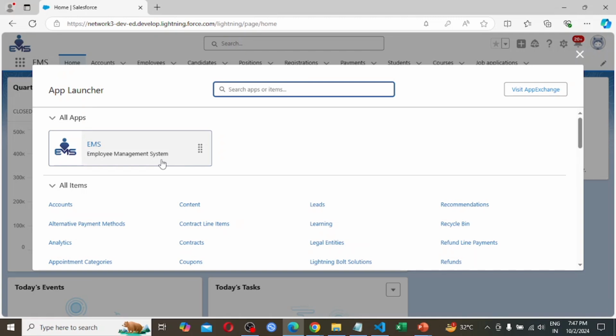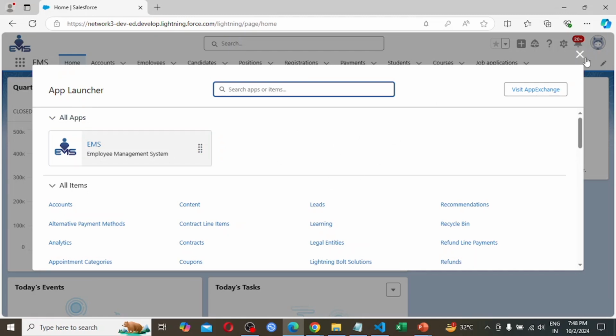So what you have to do is assign the institute management system application in his profile. This is what is done in real time by the Salesforce administrator.